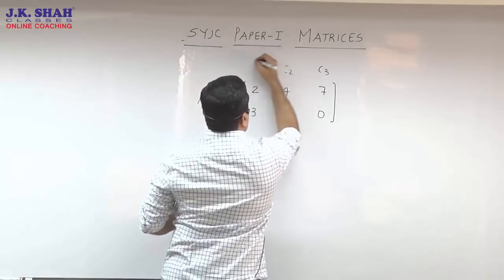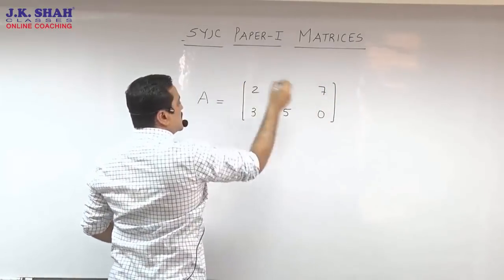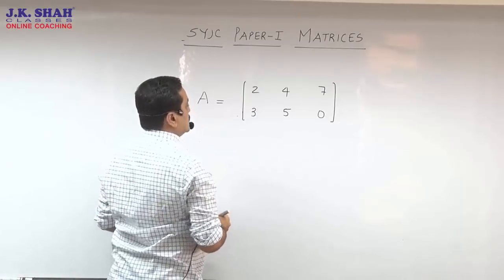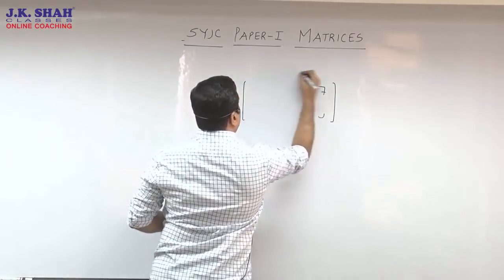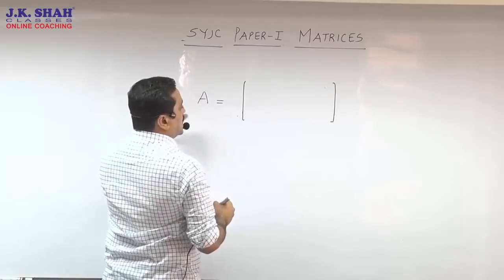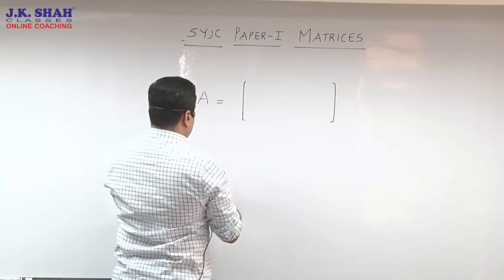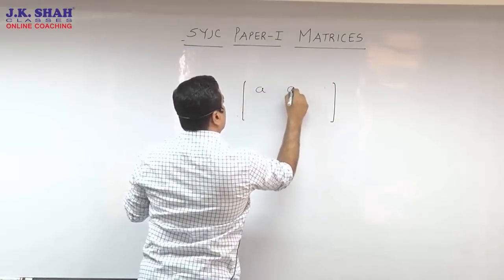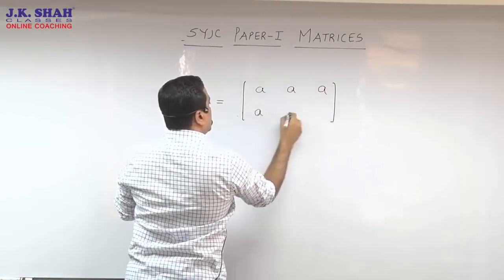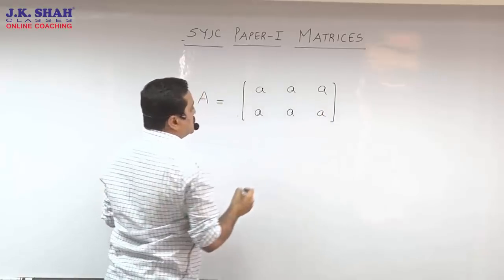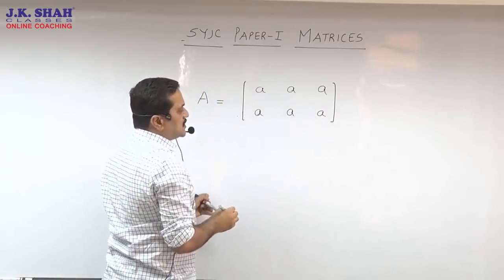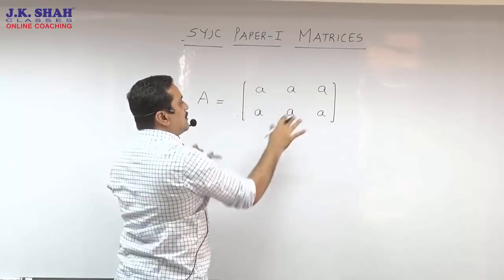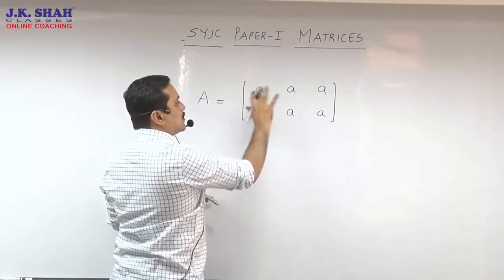In actual sums we don't write the row numbers and the column numbers, neither do we write the order of the matrix. In general, if the name of the matrix is A, we write the elements inside the matrix as a. A student watching this video should not misinterpret that all the elements in this matrix are equal. In general we write the elements of the matrix A as a.